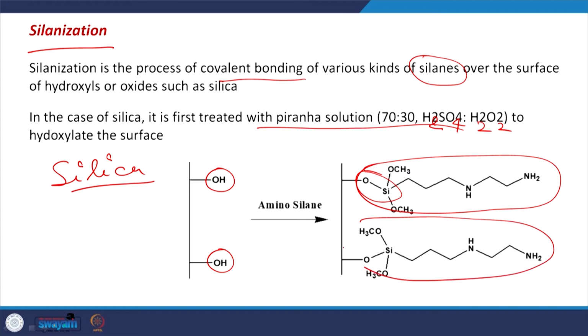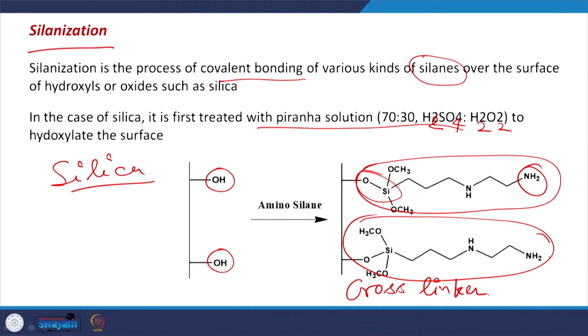Then this works as a cross linker. In the first lecture I told you that sometimes you need a molecule as an adhesive which attaches the biorecognition element to the surface. So, for example, this kind of silanization functionalization works for this purpose. So, you have free NH2 groups where you can bind your BRE, the bioreceptor. Okay. Then you have